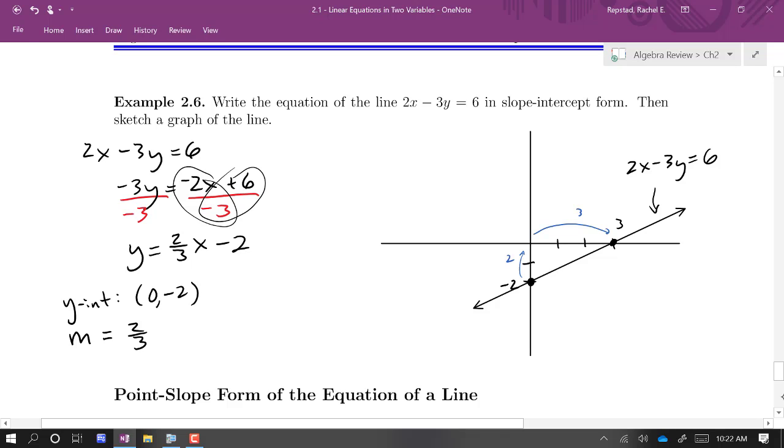So we know about the standard form for the equation of a line. That's this part here. That's the standard form. We know about the slope-intercept form. That's this form right here. But there's another form that's pretty useful for when we're trying to find the equation of a line, and that